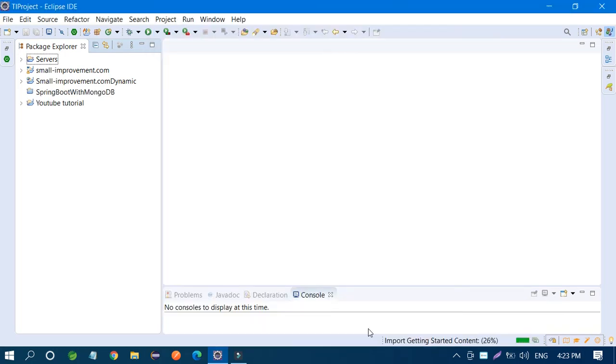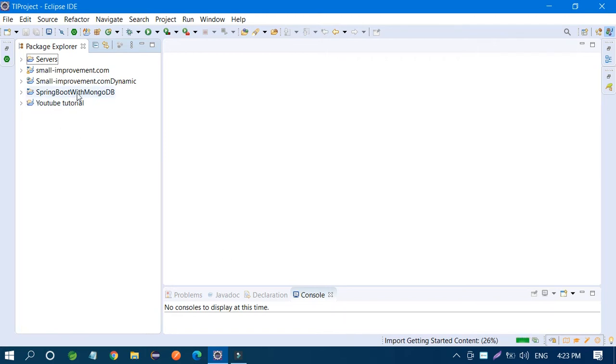So I hope you understood how you can create your application. Now I am going to create one controller and one repository so that we can insert your data.